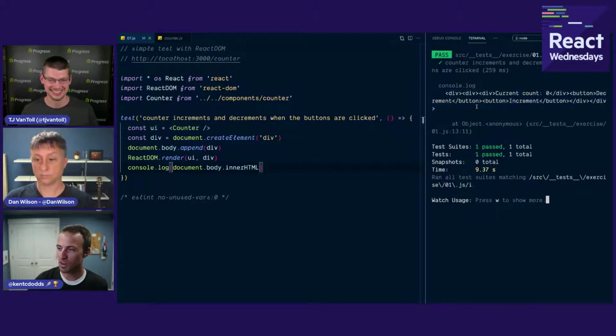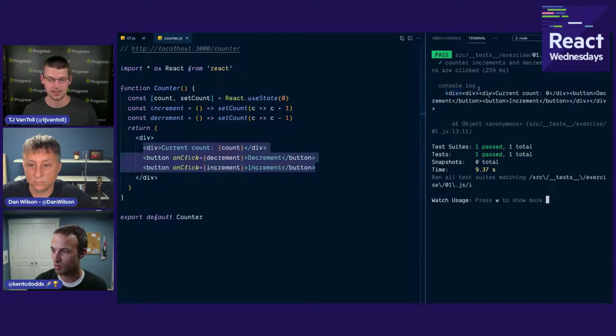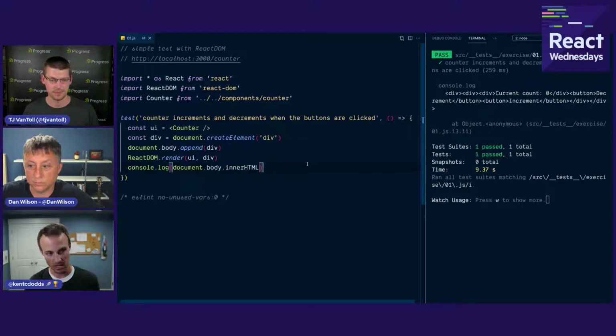So anyway, here's what our body looks like now. We've got our containing div, and then our counter renders a div itself, and then it renders a div and 2 buttons. So we're getting all of that. This is exactly what we expect. We can even make some assertions here about the fact that it shows the counter and stuff like that. But what I want to do is get a hold of these buttons